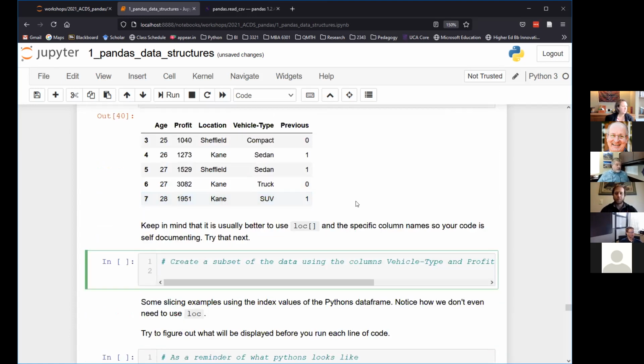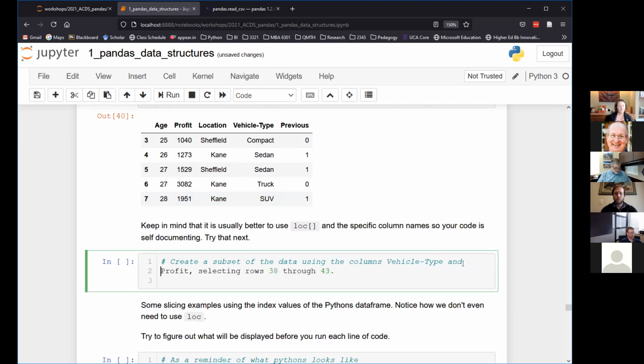So if we do the vehicle type and profit, let's look at rows 38 through 43. We're using LOC, so we're going to use the ones named 38 to 43 and the vehicle type and profit columns. So we can put those together. We'll again do df.loc because we're using the actual names, square brackets, and then let's use 38